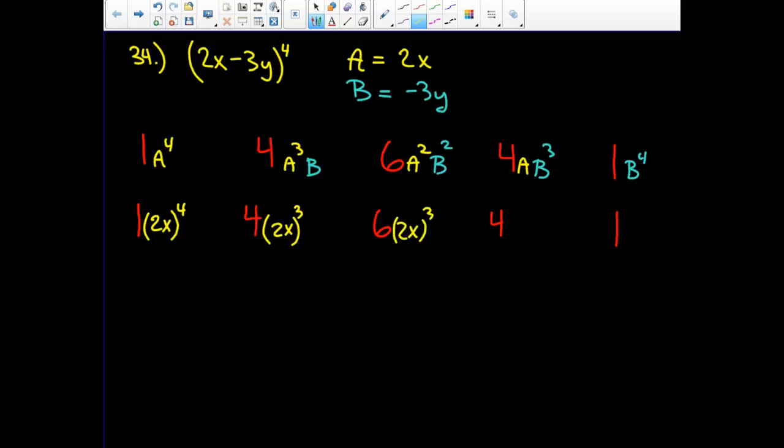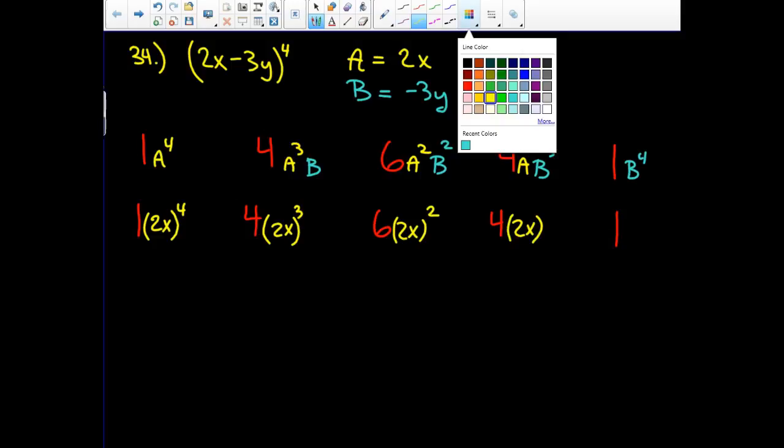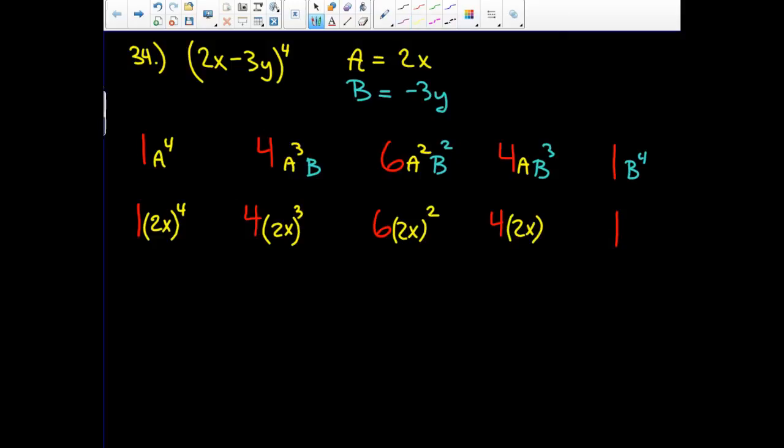Like, whoops, right there. 2x squared, 2x to the 1st, and no 2x. Then I start from the other side and I go, what is my b? It's negative 3y. And you have to have that in parentheses, right? Negative 3y to the 4th, negative 3y to the 3rd,